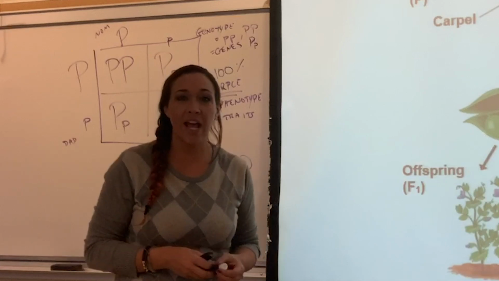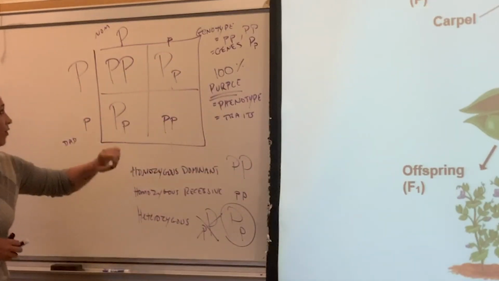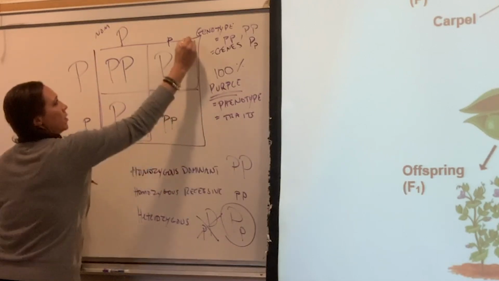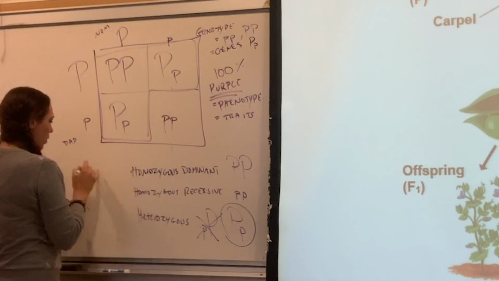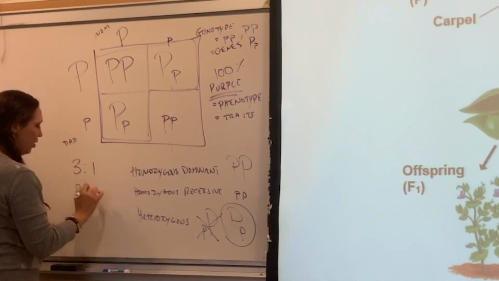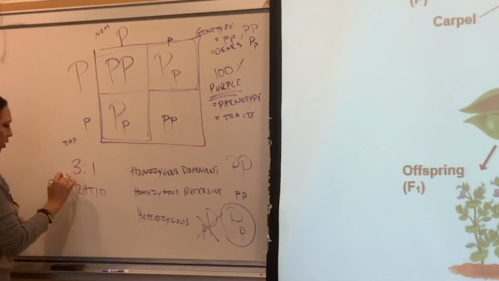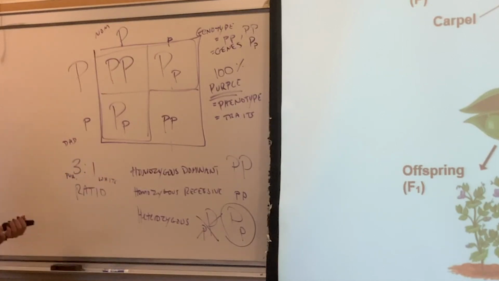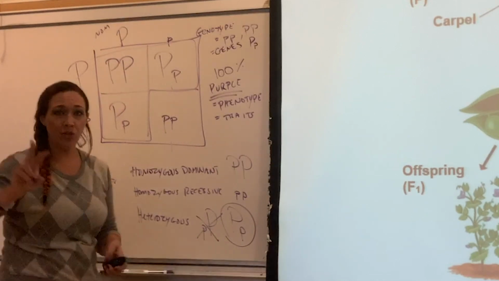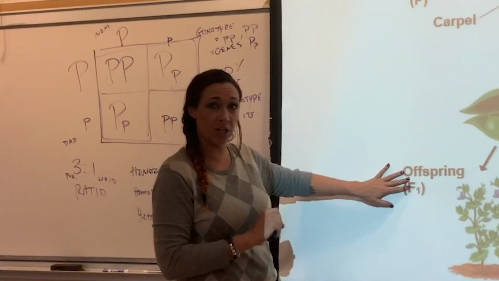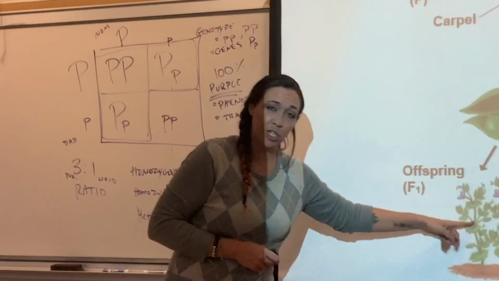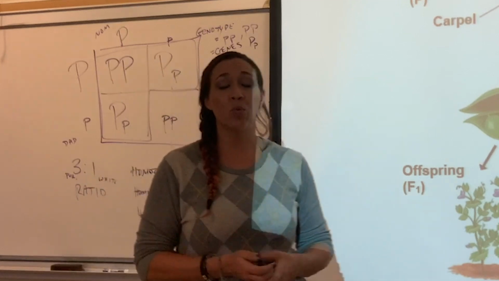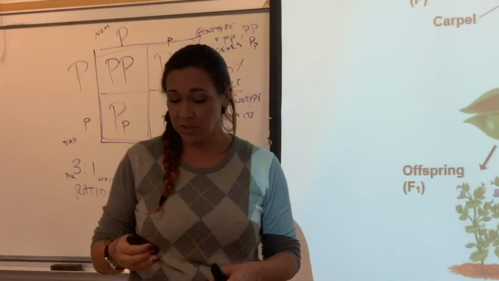If we were to cross those again, if we were to cross the F1 generation with itself, we now get 3/4 purple, right, and 1/4 white. This is a 3-to-1 ratio, right? 3 purple to every 1 white. Okay, so that's what happens in the F2 generation. So this is the F1 generation, the first generation. If we were to cross these guys with each other in the F2 generation, we now see that 1/4 of them come back as those white forms, as the white flowers.